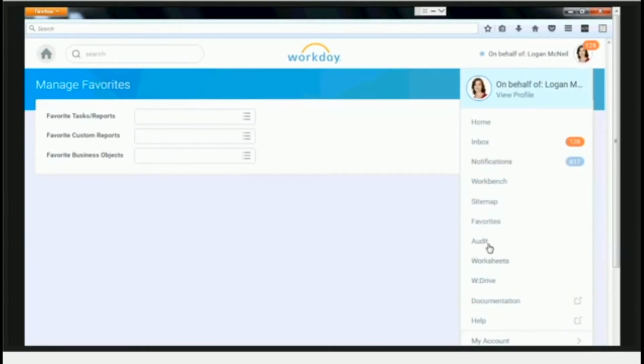Okay, and then next is audit. Audit you will not have, guys, so we don't talk about it. It's for security purposes. Since Logan McNeil is a security admin, that's why she's able to see this option as well. And